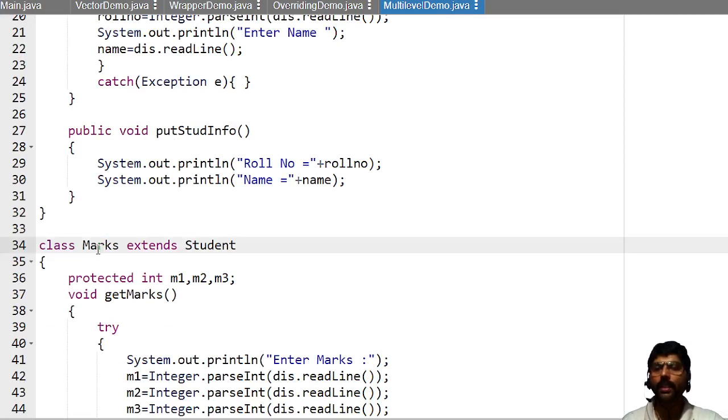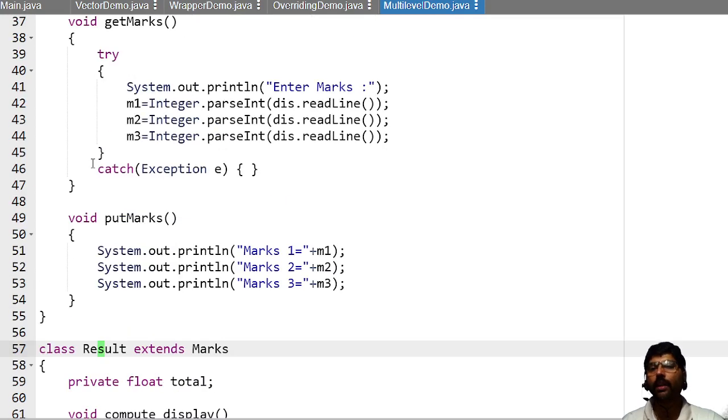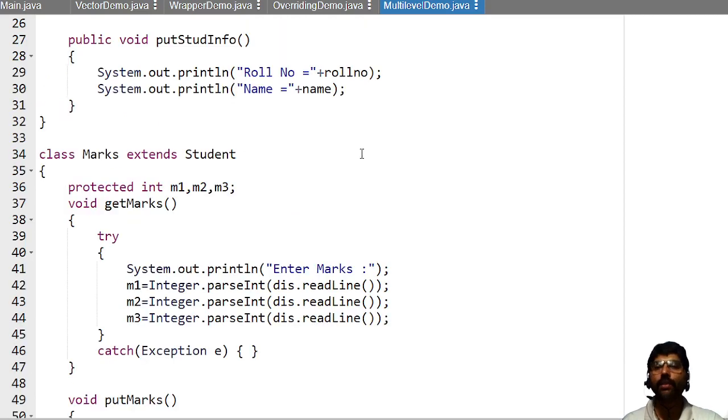This marks is just like a father, where marks inherits the student class. I have created one more class called result, and this result is just like a child class, where it will extend from the marks class. Result extends marks, whereas marks extends student. So it is called multi-level inheritance.